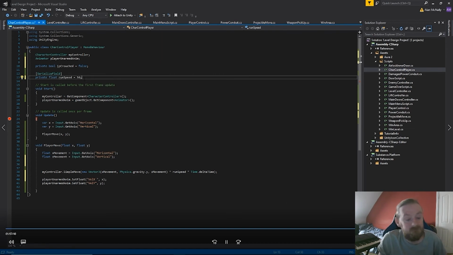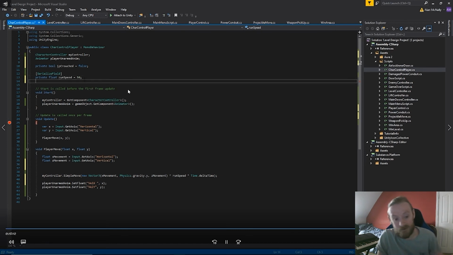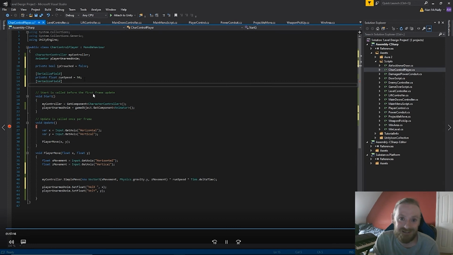We're going to make it 50 because we felt that worked better, but I can still change it in the inspector if I change my mind, so that's fine. Another serialized field, which I do like, for a private float crouchSpeed. See, that's why you need to be careful with your names. Because if you just called it speed, then you'd have to, well, you could still call it crouchWalkSpeed, but then